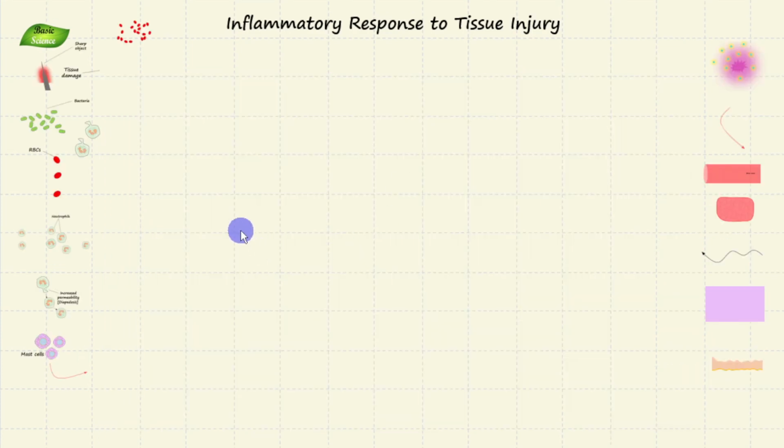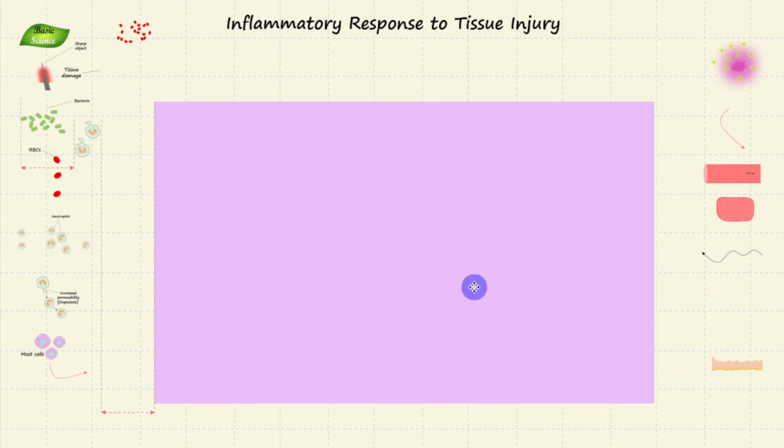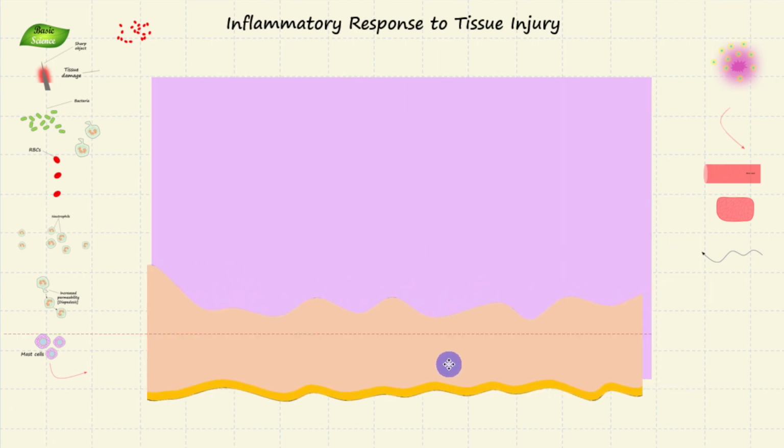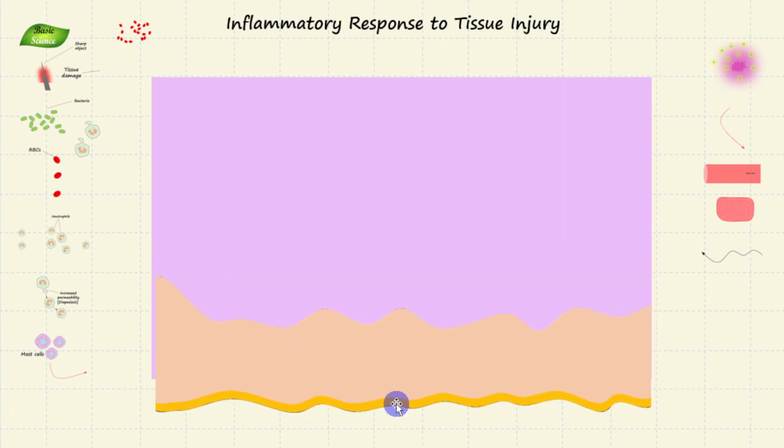All right, everyone, so we are on the slide where we are going to create the entire illustration. I'll start with the background of my entire illustration, and then I'll start with the outermost layer that protects us from any injury or any damage. So in animals and in most living organisms, we have this protective layering that protects us from various infectious agents. Whenever there is any kind of injury or damage to this layer, which I'm representing by this illustration, as you can see over here, a sharp object is